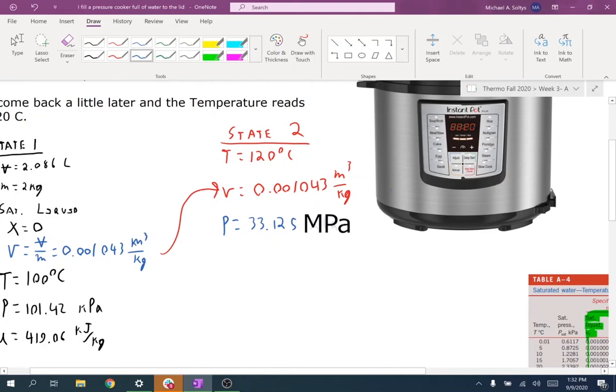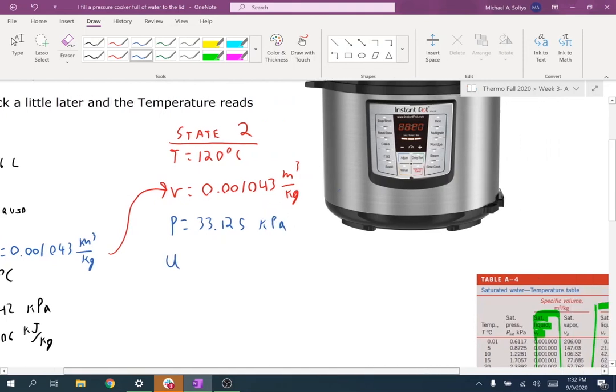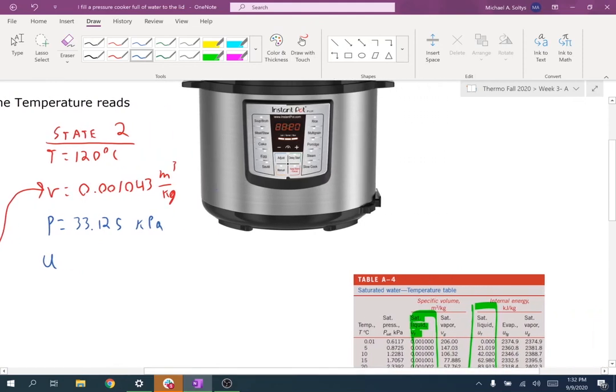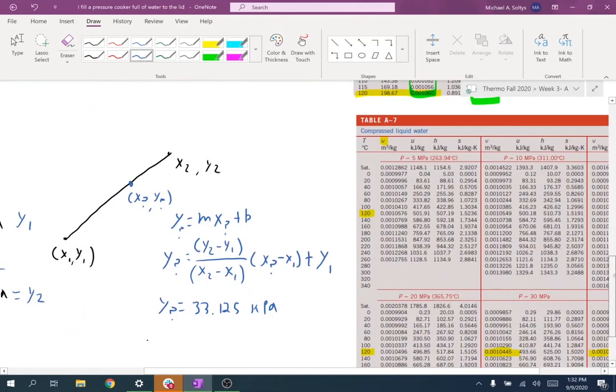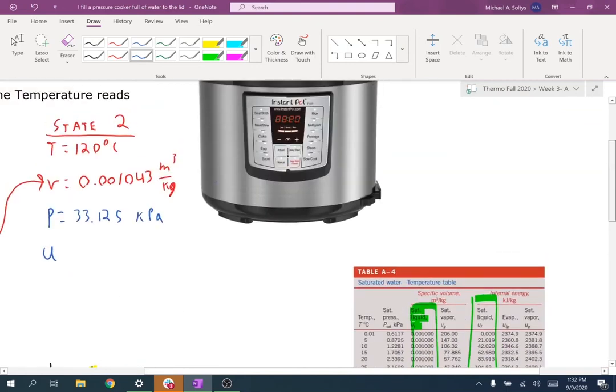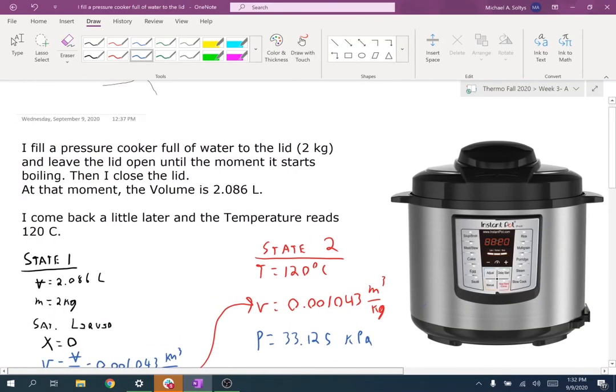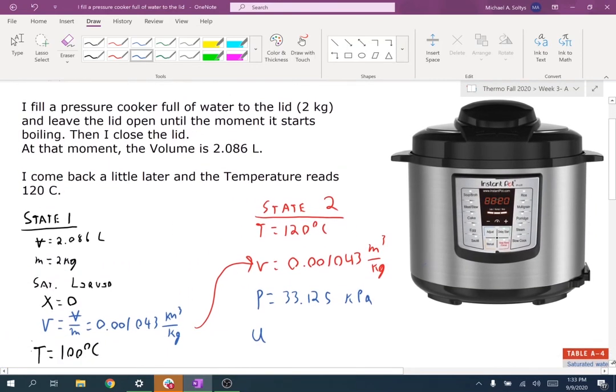kilopascals. And I could do the same thing to find the internal energy from this table. I could figure out all sorts of values from this table and get this state here. But that's how we can calculate these states using